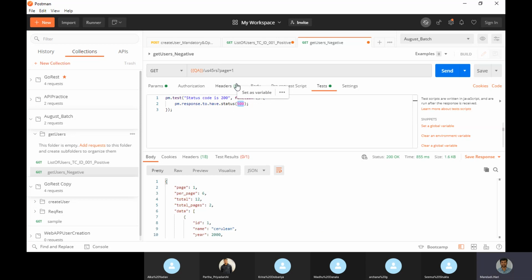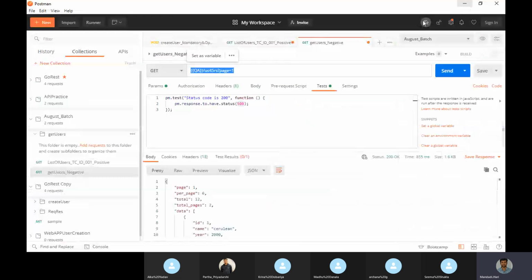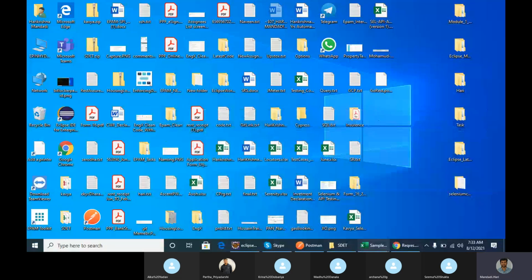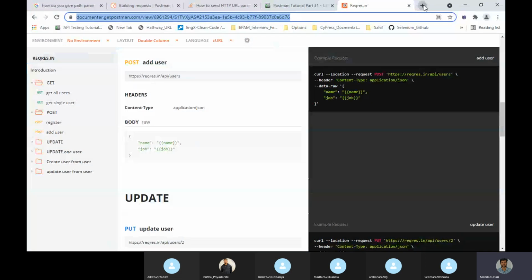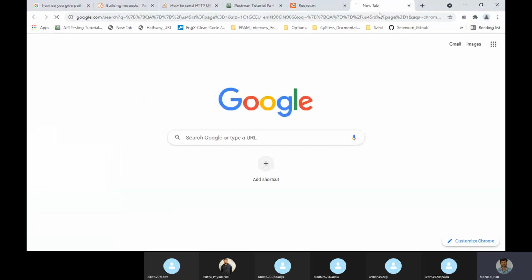What is meant by this actually? If I take this URL and open it in the web browser, it should come in JSON format data. That is called REST API. If I copy and paste that URL here, it will give me the JSON format.